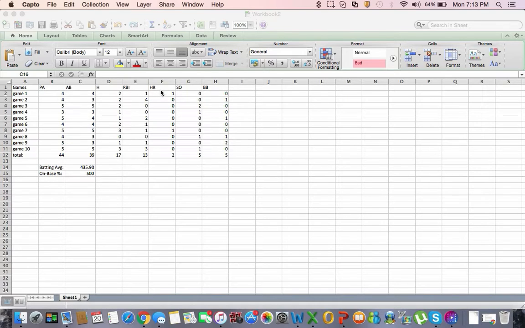HR stands for home runs, and that is when a batter hits the ball over the outfield fence and he automatically scores, and so does every runner that is already on base. SO stands for strikeouts, and that is when a batter commits 3 strikes, which he is then out without putting the ball in play. BB stands for walks, and that is when a batter